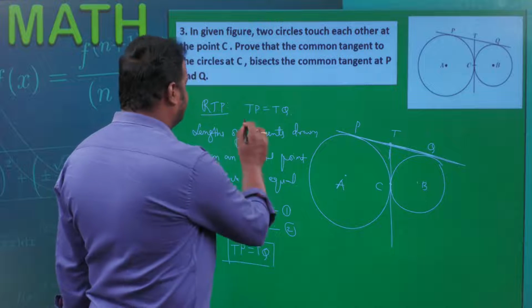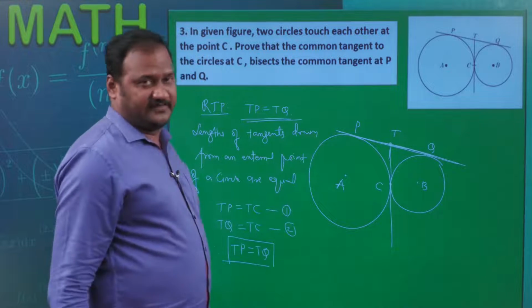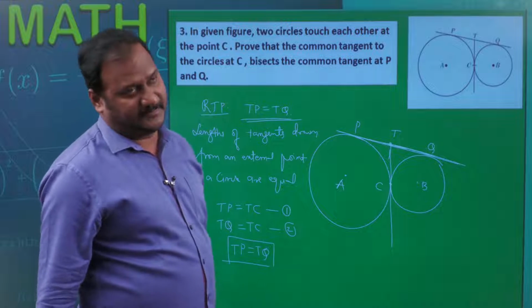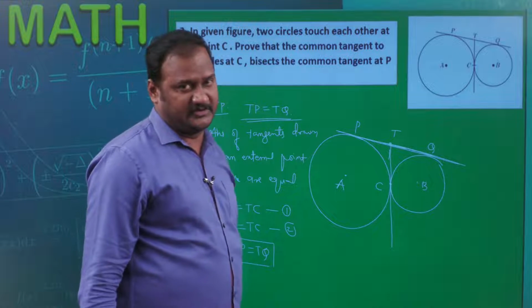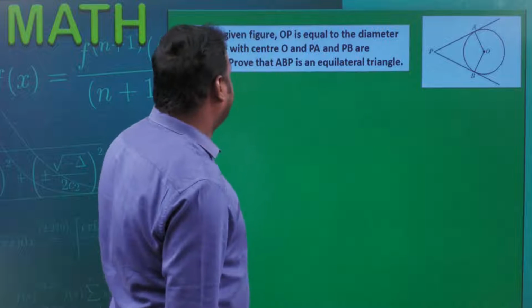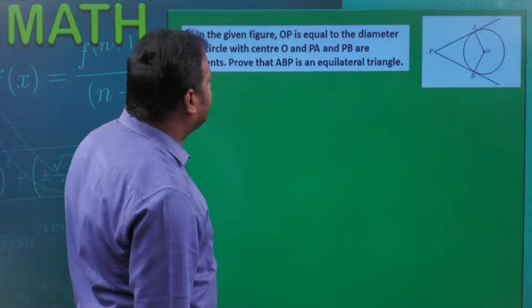This is what we want, right? TP is equal to TQ. Therefore, T bisects the line segment PQ. That is what you need to prove. You understand? Right. So coming to the next problem here, in the given figure, OP is equal to the diameter